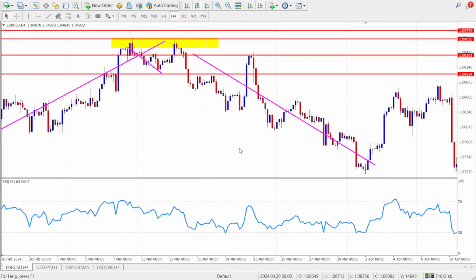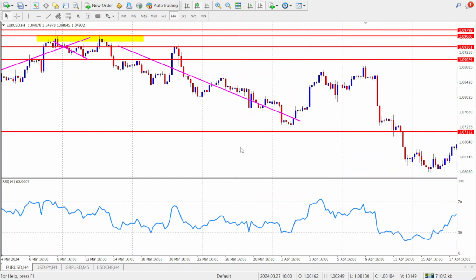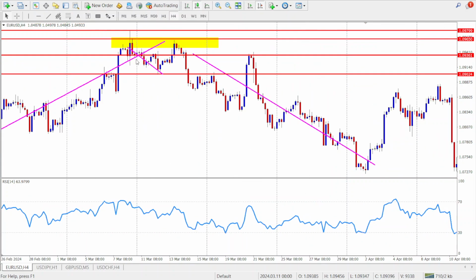And then look out for liquidity sweeps. If price stops out retail traders before hitting an order block, it's even more likely to hold. Okay, so trading order blocks is not about guessing, it's about following the footprints of smart money and letting the market show you where to enter. All right, traders, that is a wrap. Now you have everything you need to master order blocks to trade like banks and align your trades with smart